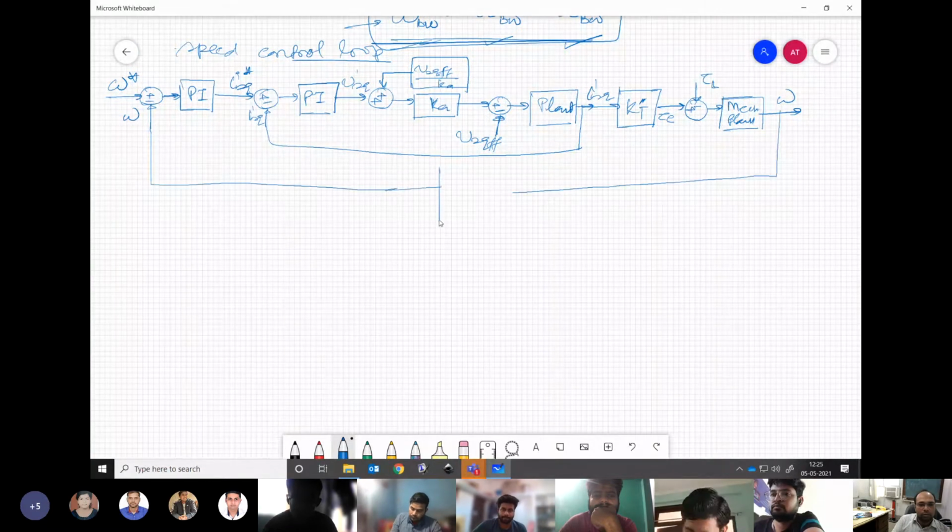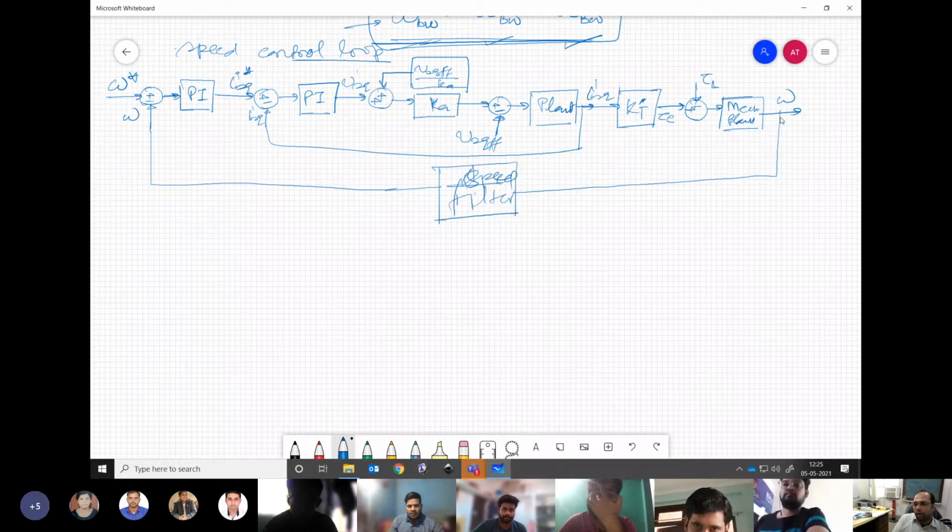Now here, we always put a filter for speed. So as of now, I will call it a speed filter, because many times these encoders are noisy, whatever we put for our speed sensing. So we have to have some filter, otherwise all this noise will be going into our control loop. So this speed filter we need to put over here. Now this is our speed control loop. This is associating our omega with ISQ, and there are two PI controllers, one having the inner current control loop and another having the outer speed control.